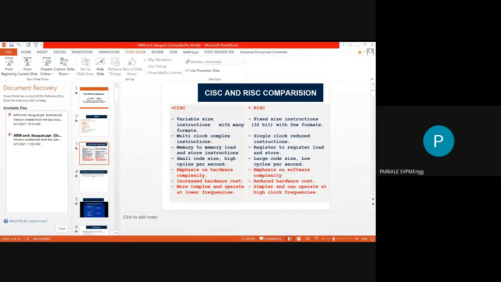So the next point is the emphasis of CISC and RISC. Basically, CISC will always put more effort on the complexity of the hardware. That means it will increase the complexity of the hardware, but it will not increase the complexity of software. Okay, but in RISC, what happens? We know that if we change the applications, we have to change the hardware also. So this is a very costly way to implement your application.